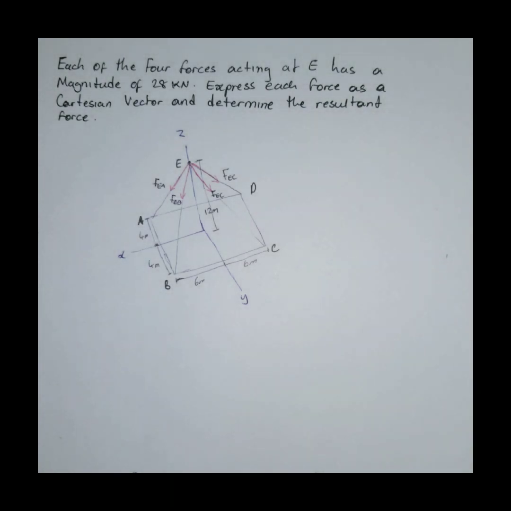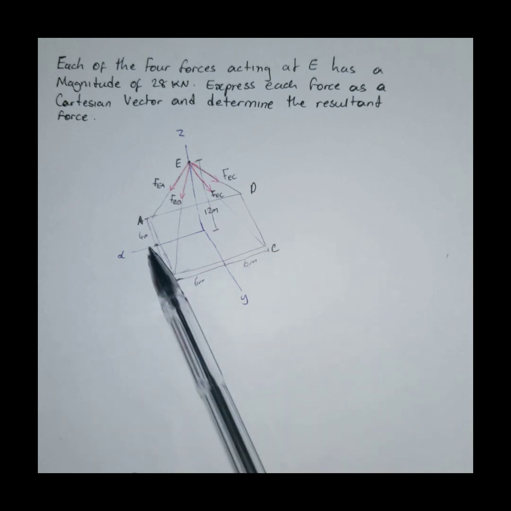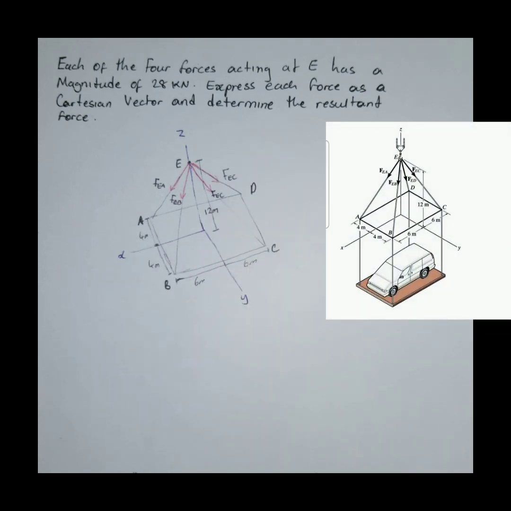So the question says each of the four forces acting at E has a magnitude of 28 kilonewtons. Express each force as a Cartesian vector and determine the resultant force. So we've got four forces connected to the four corners of the box, as we can see from the diagram,